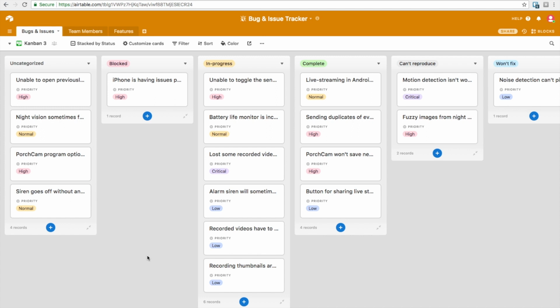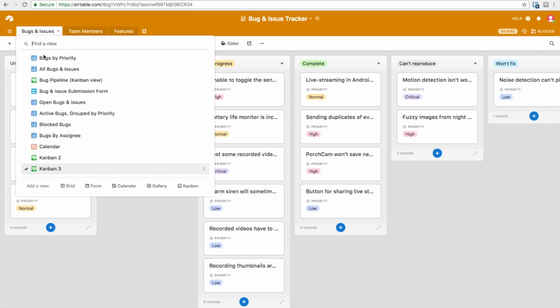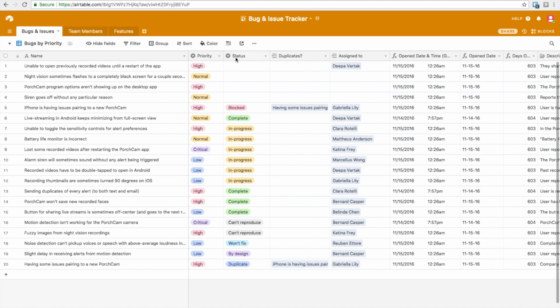So just a lot of really cool options here, and at the end of the day what it comes down to is that this is basically a spreadsheet except with way more and better options for displaying your data. One other thing that I really like about it is if I go back to this grid format,